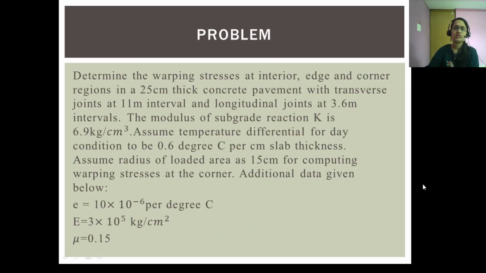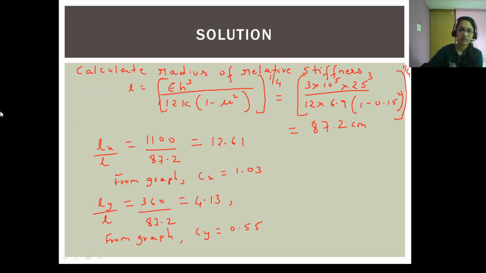What is told to us? Assume the temperature differential for the day conditions to be 0.6 degrees Celsius per centimeter slab thickness. So what is the slab thickness given to us here? 25 centimeter thick concrete pavement. So multiply. So T will be your small t. How will you calculate? T will be 25 into 0.6, which is 15 degree Celsius. Okay, so next we need to calculate